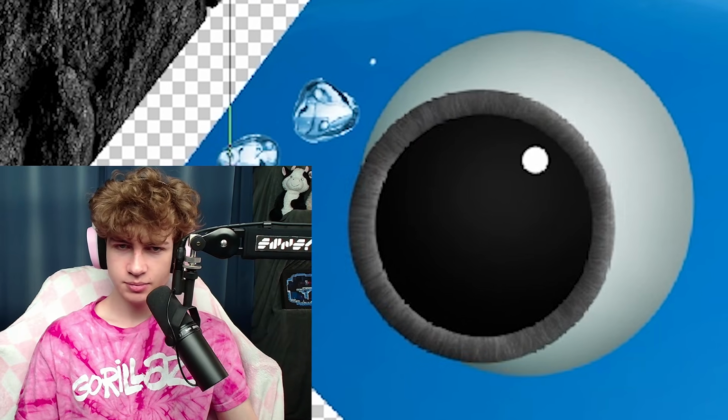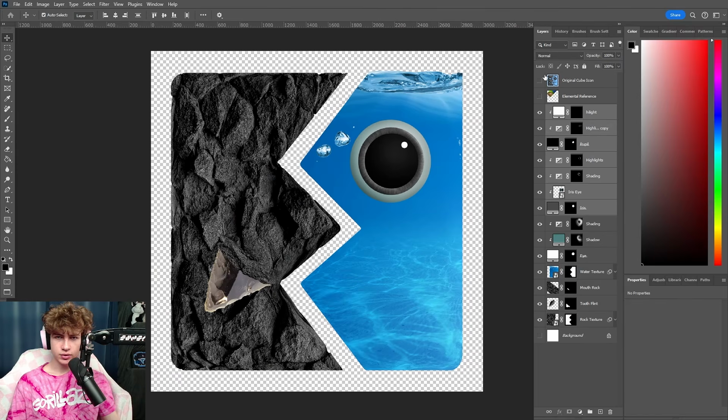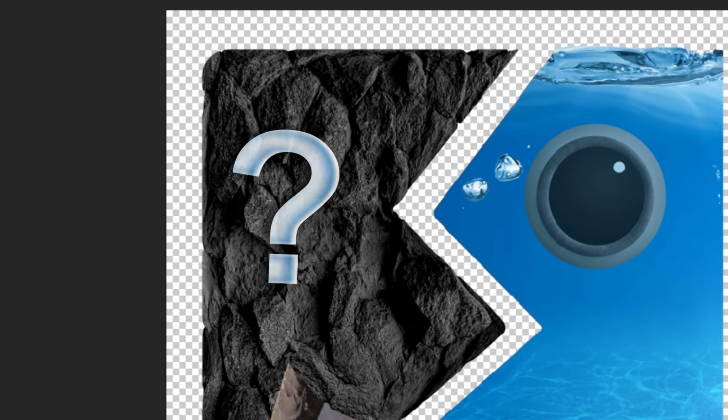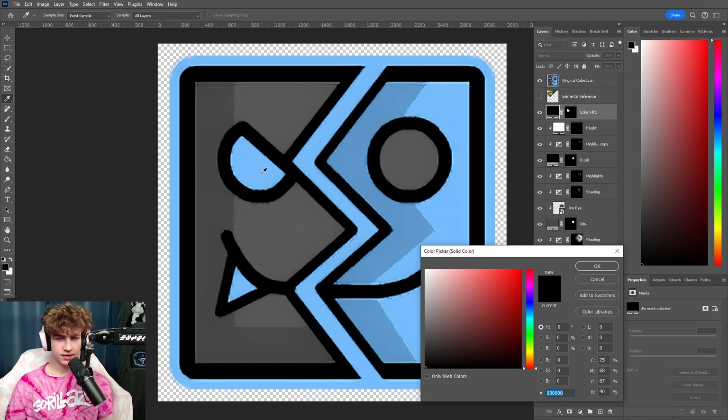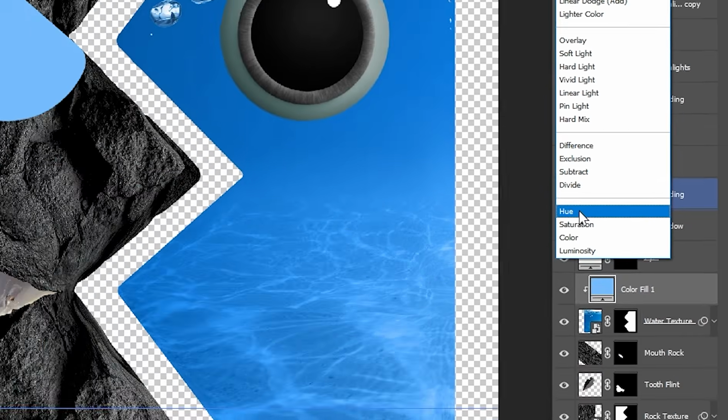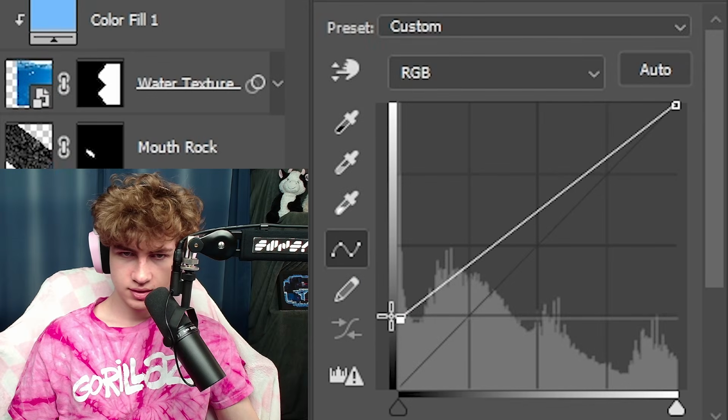And you know what? I think this pupil should be a bit more dilated because the original icon has gray filling this entire circle. And I want to make that look like it's submerged under the water, but we can do that after I add this next eye. This one's gonna have a similar process, but we can just cut off the top right here. And then we can make that solid color the same blue that Geoblitz uses. I'm gonna do the same thing to this water with a color layer and adjusting these curves until it's just